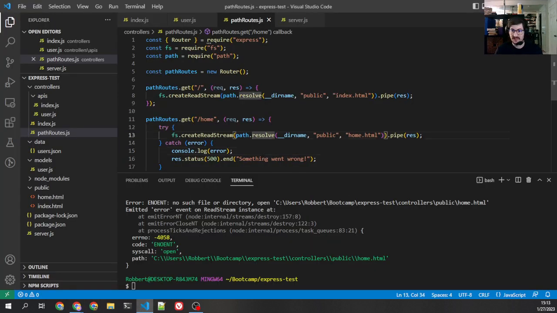This will happen as well. This is when you use nodemon. So let's see. What is it saying? Express test. Ah, look at this. Controllers public home.html. Well, controllers doesn't have a home or a public. Public is a level up. That's because the directory name here is controllers. So what I need to do here,